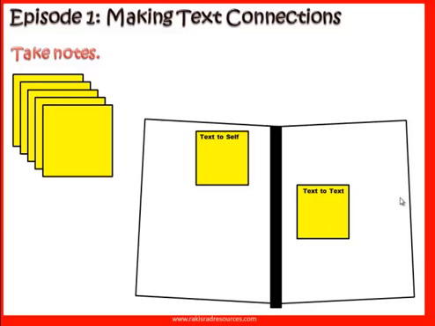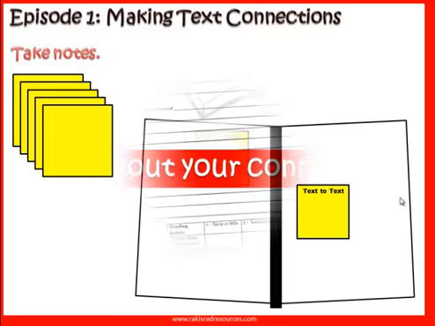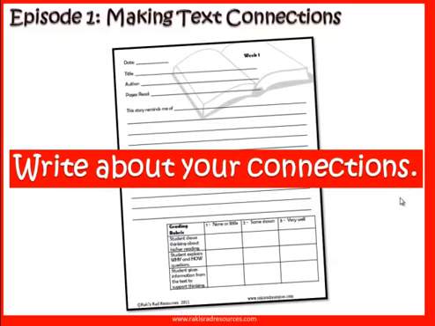So if I'm reading something that I want to make connections on while I'm reading, I am going to have a little pad of sticky notes next to me and a pencil. And every time I make a little connection, I'm going to put it in a sticky note and jot down my connection. And then, when I'm done reading the book and it's time to write about my book,